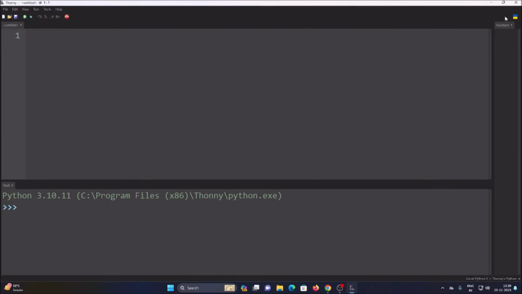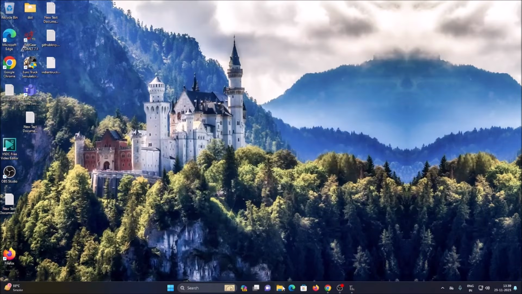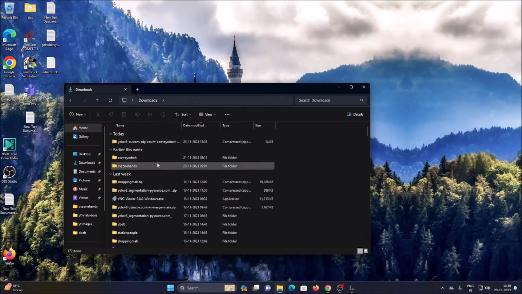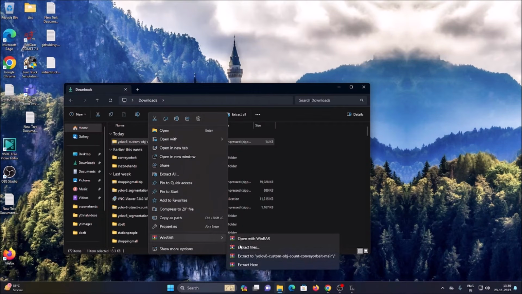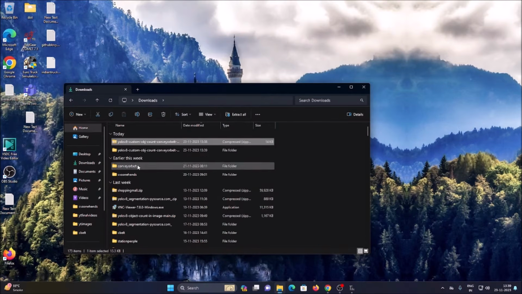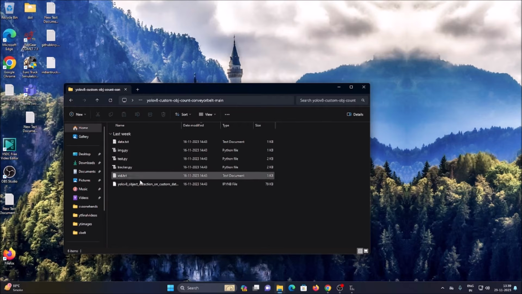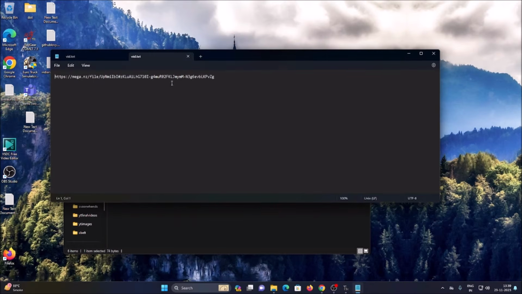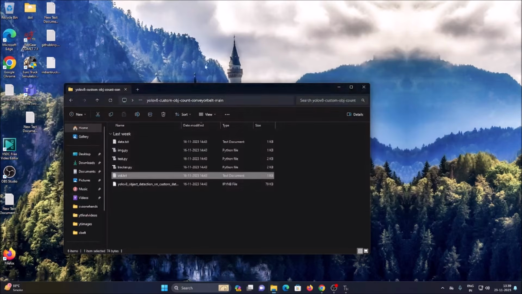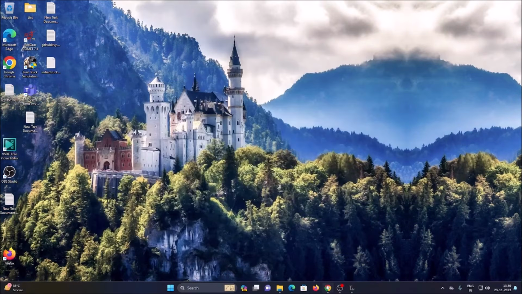So now just minimize Thonny Python IDE, then open file manager, go to Downloads, and this is our repository. So right click, WinRAR, extract with the folder name, and then just go inside the folder. Again we have the same folder, and inside that we have our files. So first we need our video file. So just open the vid.txt file, copy the link, and close all these things, and just open the browser, open a new tab,